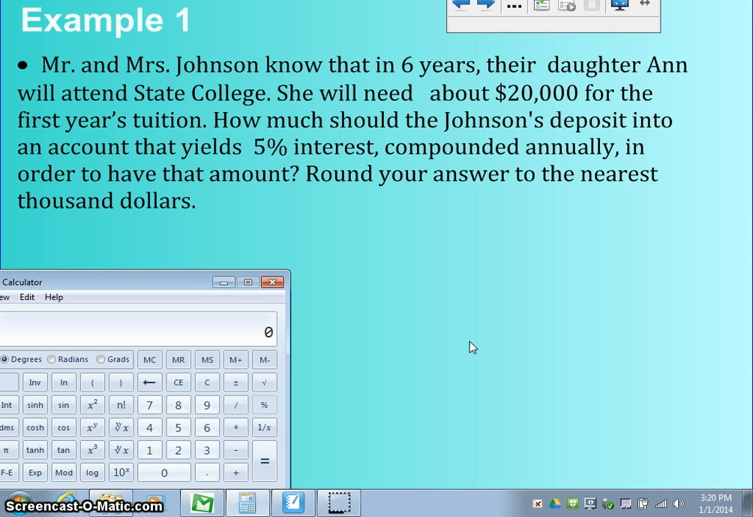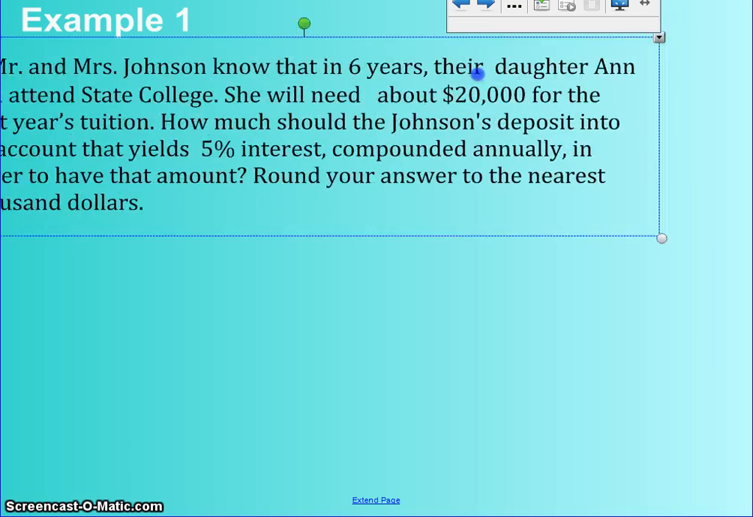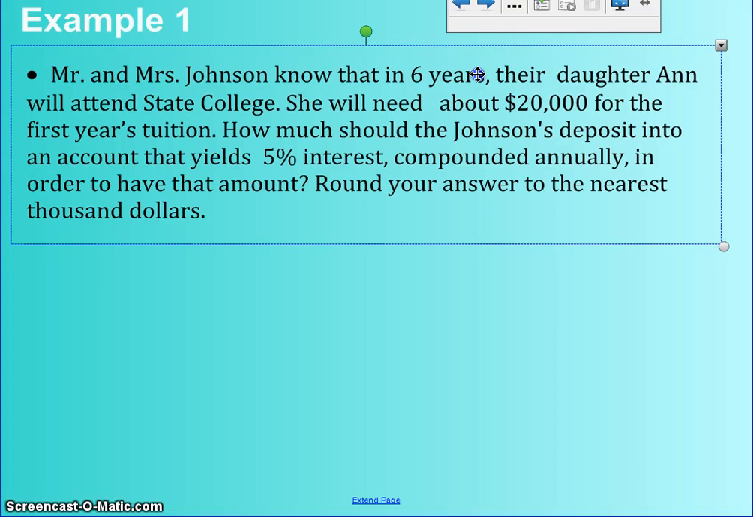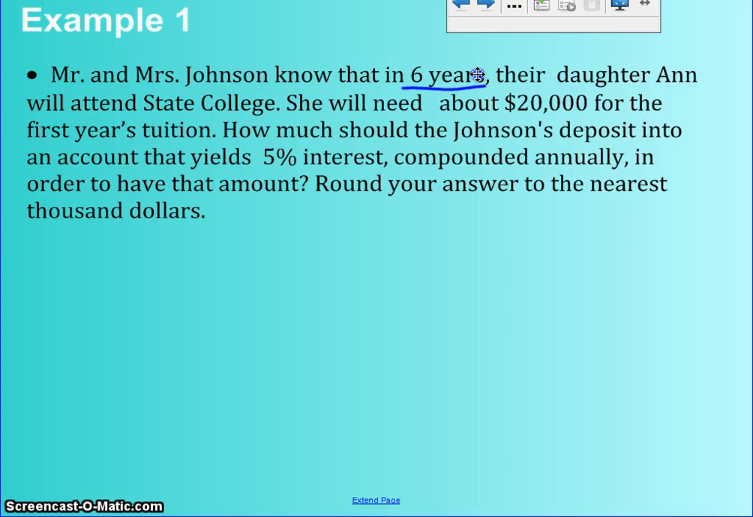So it says here that Mr. and Mrs. Johnson know that in 6 years, their daughter Ann will attend state college. She'll need about $20,000 for the first year's tuition. How much should they put into the account that yields 5% interest, compounded annually, in order to have what they need in 6 years? So we still have the same BPRNT,